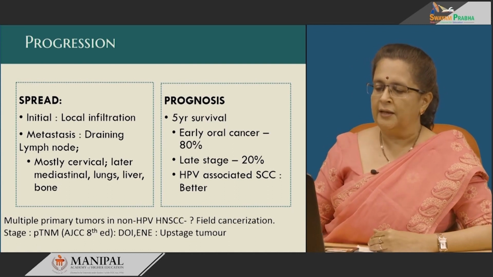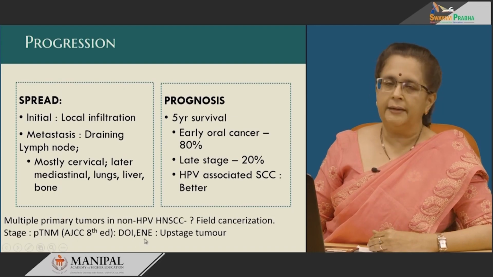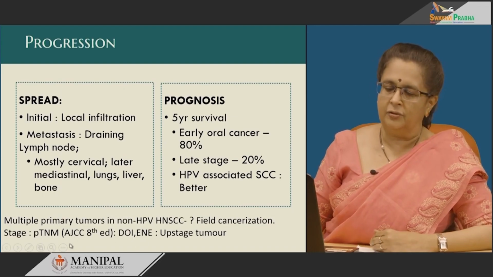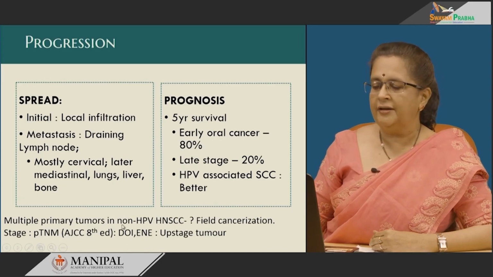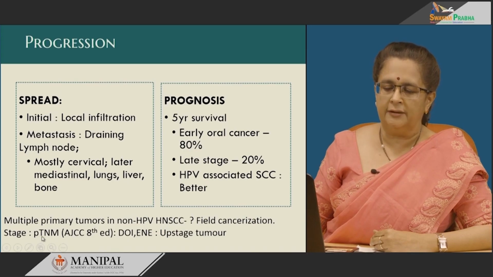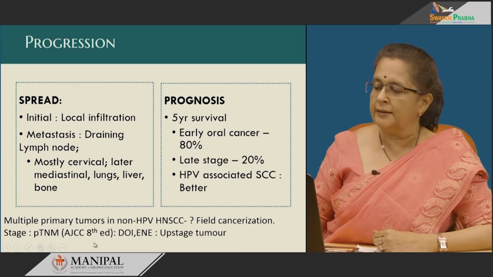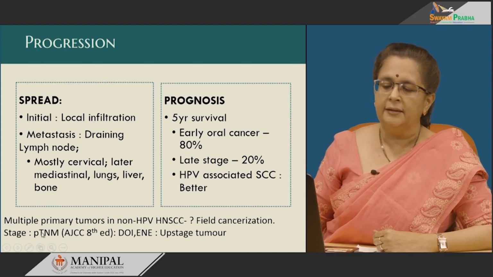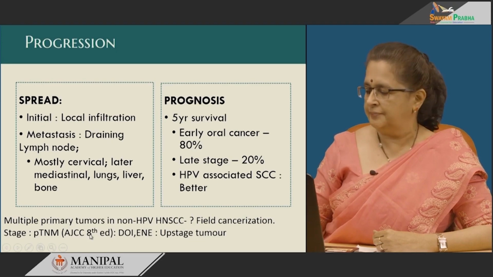So, that is ENE. DOI is depth of invasion for the primary tumor staging, and ENE is extranodal extension for the nodal staging. M is for metastasis, which is distance. So, even if size-wise, whether in the PT stage or PN stage, it belongs to a lower category, the minute DOI is there the PT stage will upstage, and the minute ENE is there the nodal stage will upstage.